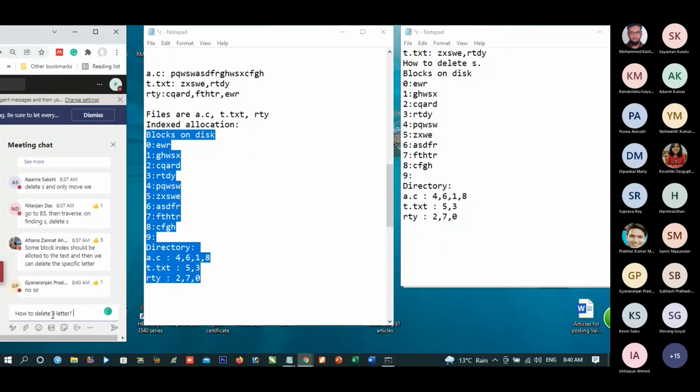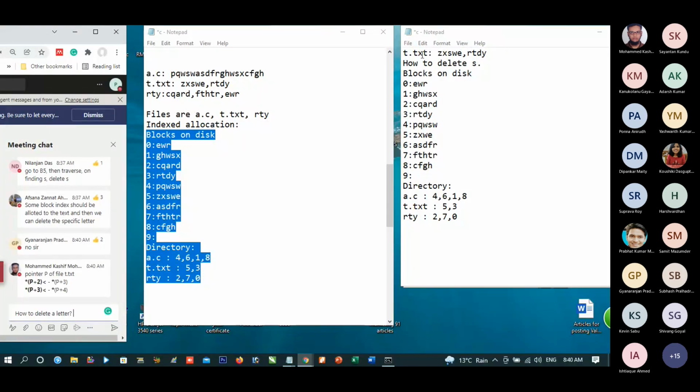I want to delete S from t.text. I should rather say, delete the second letter of t.text.